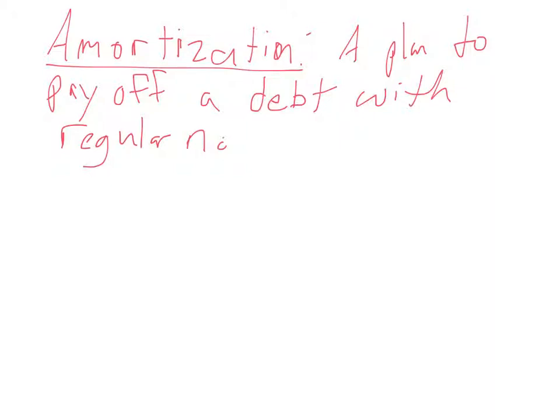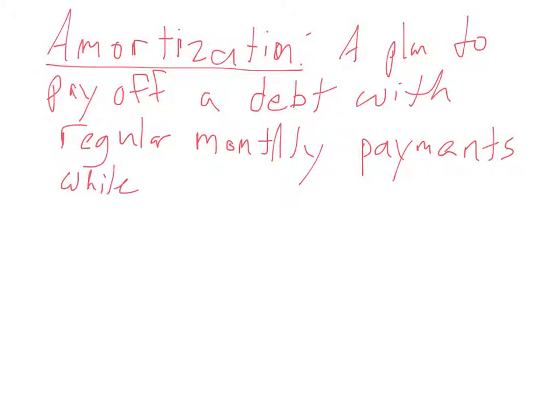Let me just back up here for a second. With the amortization, you're making regular monthly payments. So it's a plan to pay off debt with regular monthly payments